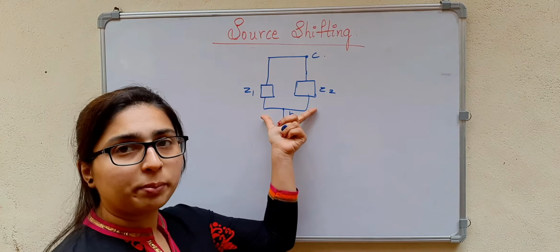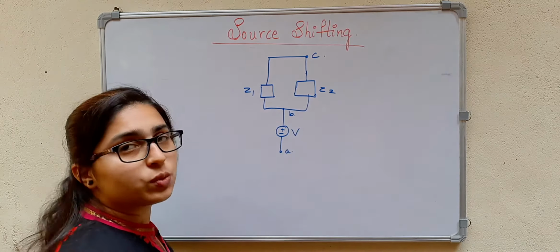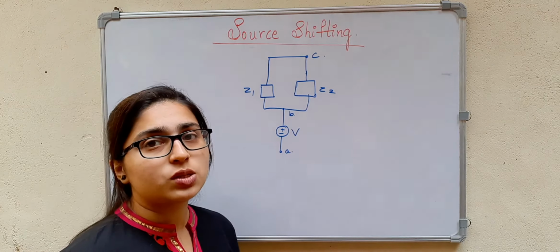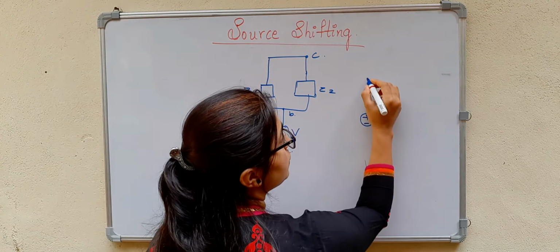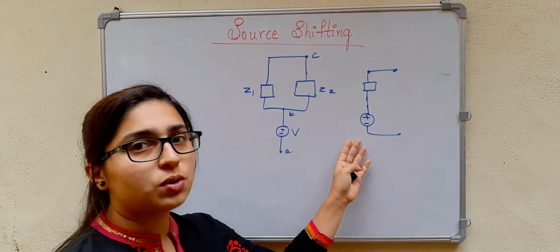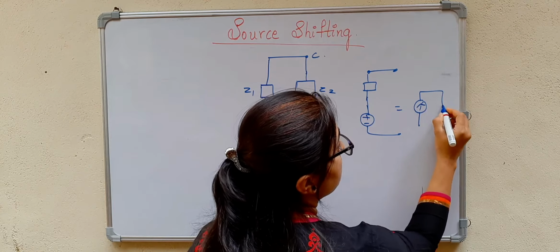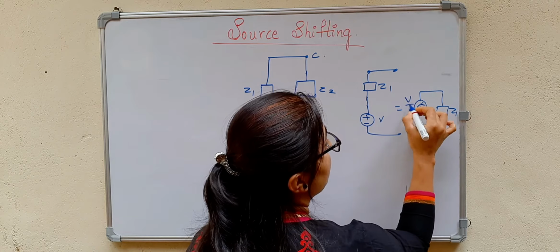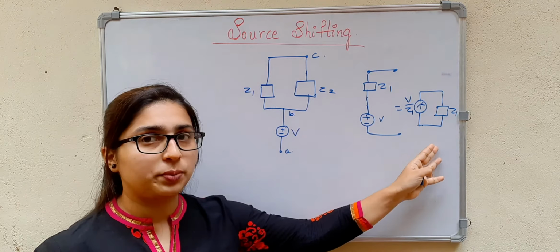So here these two impedances are connected to this node B, and we can see that there is a voltage source V in between these two nodes A and B. In this case, we cannot apply the source transformation technique because we can transform a voltage source only if it has an impedance in series with it. If you have a voltage source in series with the impedance like this, we can convert this to a current source which is in parallel with the same impedance Z1. This is V and this one will be V by Z1. This will be the current source. This is how we apply the source transformation technique, right?